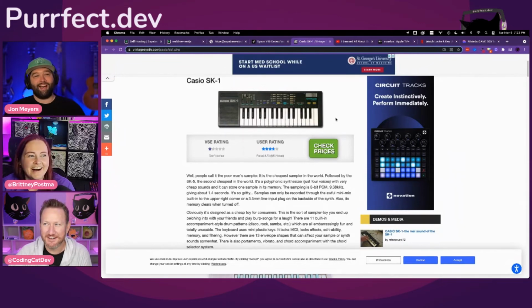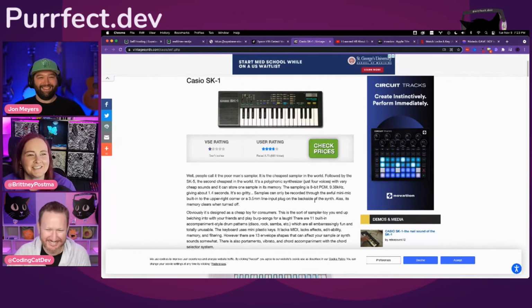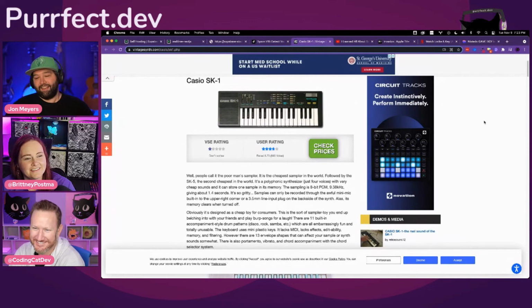I bought it online. He paid, and I did the thing he said not to do. Don't do it. I did the VSD thing. The rating is not good. I don't know. No, it's definitely not what modern producers are probably using, but it's a lot of fun. Highly recommend it if you want to get your kids interested in music and just learning how to be silly.